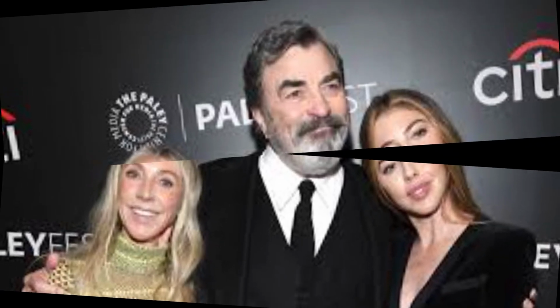After the end of Blue Bloods in December 2024, Tom Selleck is going through an important time in his life and work. Selleck is not planning to leave the entertainment business, even though he had a great 14-season run on the popular police procedural show that made him one of TV's most lasting stars. Instead,